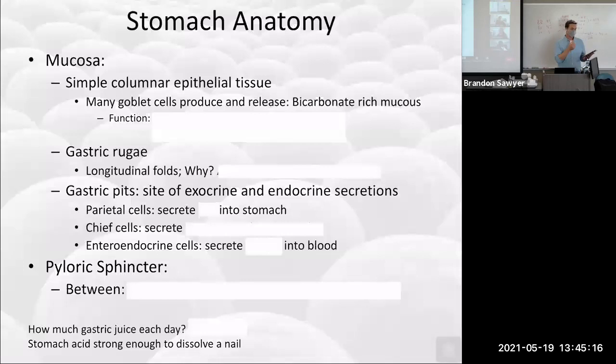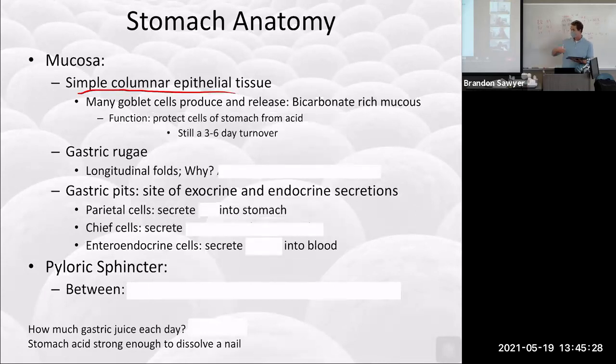So the stomach, the anatomy of the stomach, it has the different layers, those mucosa that we talked about before with the digestive tract. So the most internal layer is still that simple columnar epithelial tissue. This one has lots and lots of goblet cells. Remember, those goblet cells are the ones that create mucus and send it out to the surface there. The goblet cells create mucus that is bicarbonate rich in this case. Okay, so it has a very high pH, and so it can kind of counteract the pH of the stomach